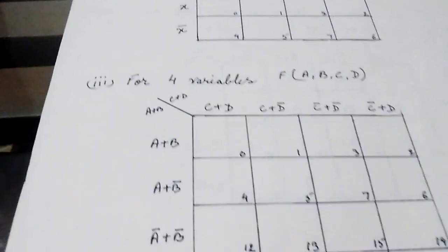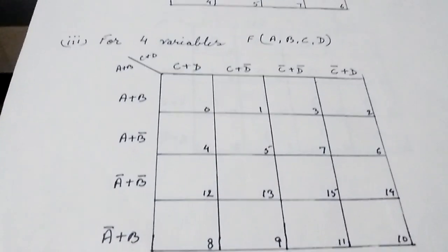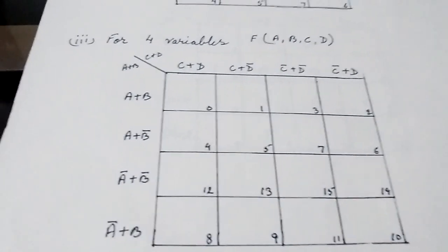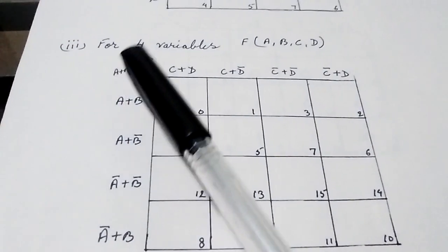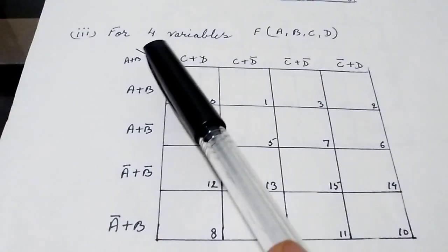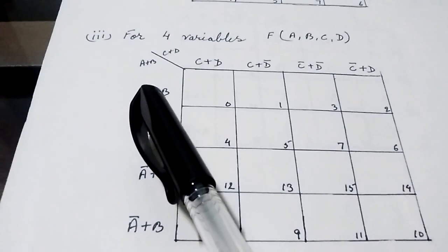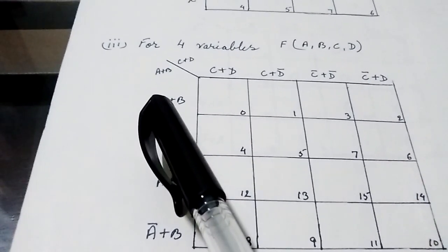Further we see the four set of variables. Similarly, as we used to plot for sum of product, for the product of sum also we will write AB and CD, but not in min term, in max terms. And the combination, you remember A stands for 0, so in place of A bar we write here A,